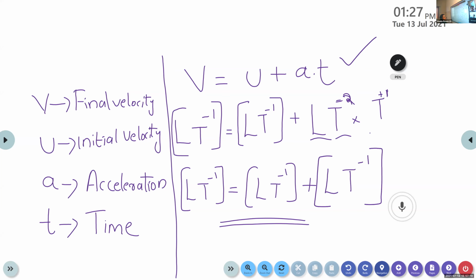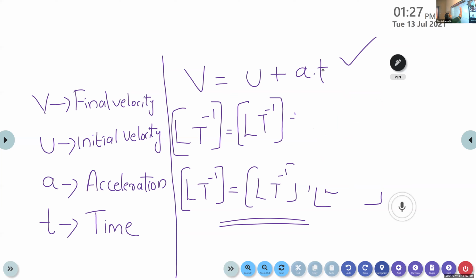So the dimensional equation is used to check the correctness of an equation based on a principle. That principle is known as the principle of homogeneity. According to the principle of homogeneity, if the dimensions of each term on either side of the equation are the same, then that equation is correct. An equation is said to be correct if and only if the dimensions on each side of the equation are the same. Here we can see on both sides, LHS and RHS, it equals the dimension LT raised to minus 1. Is it clear?